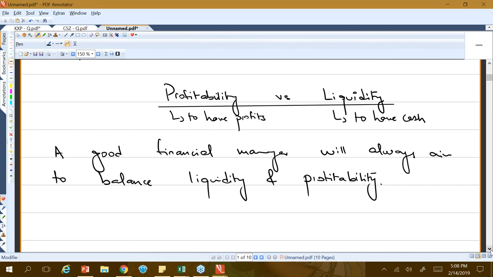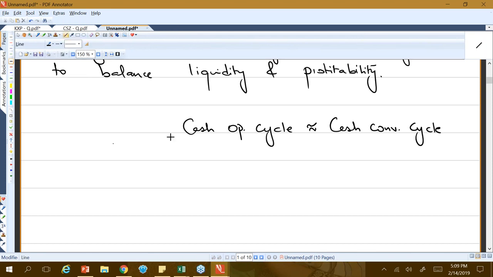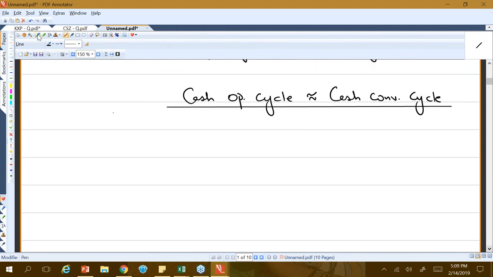Now, let's jump into something to do with cash. We're going to see the cash operating cycle, or sometimes it is also called the cash conversion cycle. Now, when we do any business transaction, what is the first step? The first step is we have the